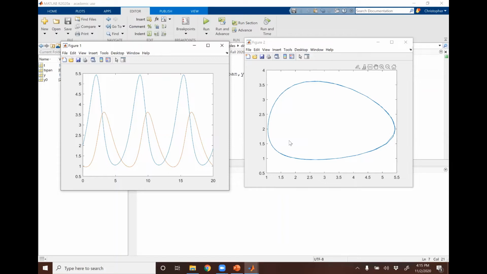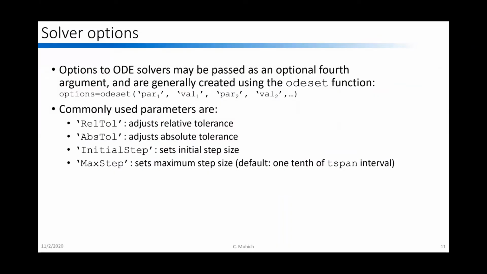So this is showing us how much easier it is to use the inbuilt MATLAB functions. Let's go back to PowerPoint and talk a little bit about some other options that we can put into MATLAB that'll give us a little bit more control without us having to write the functions ourselves. So we can control things like how tolerant we want to be. If you remember back, we said that we could accept a move with these Runge-Kutta type approaches by using different tolerance factors. So we could put in the relative tolerance,